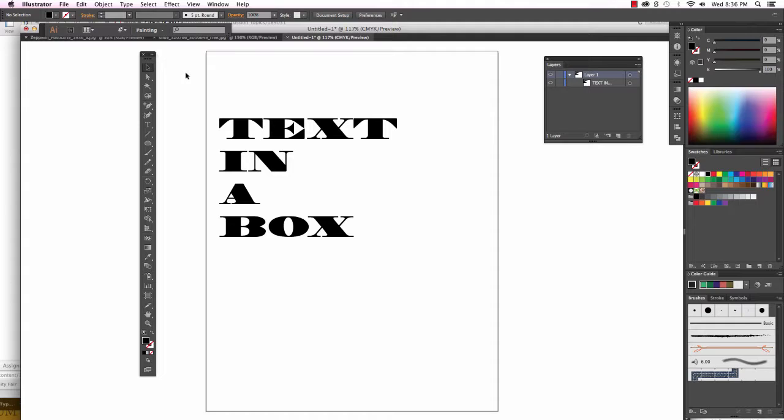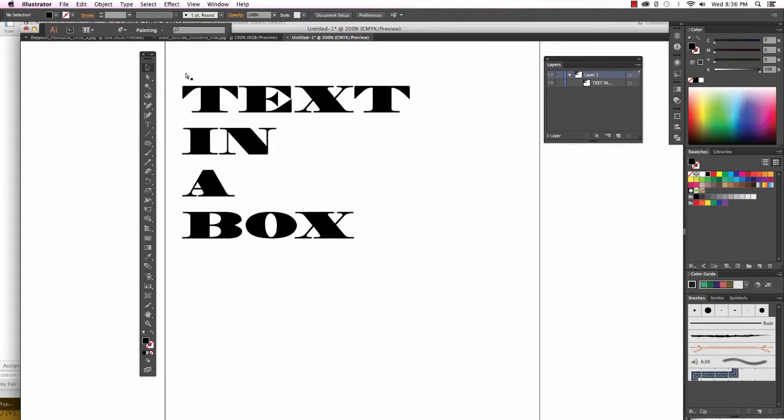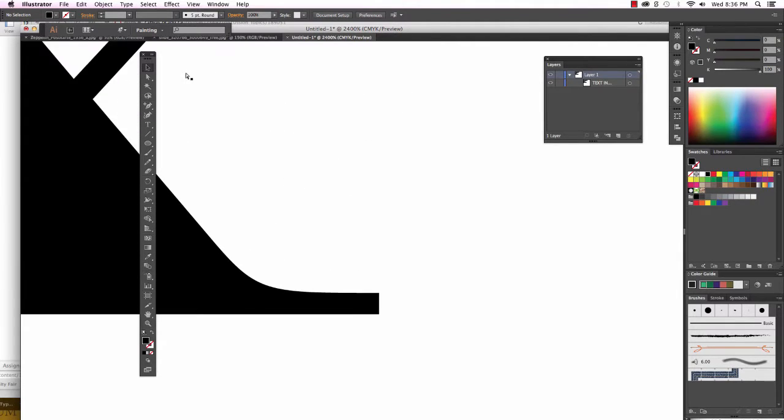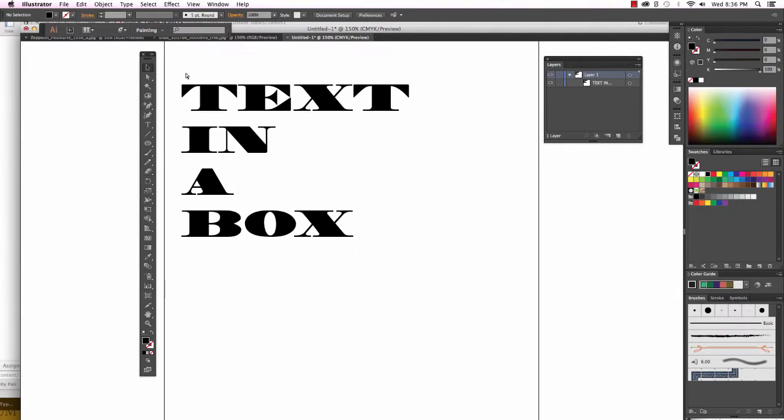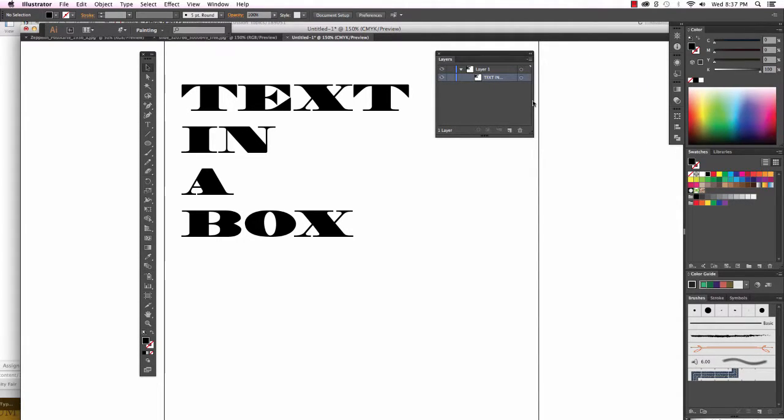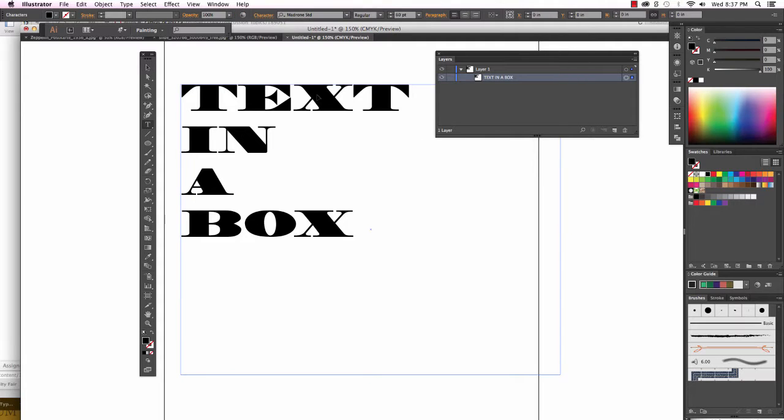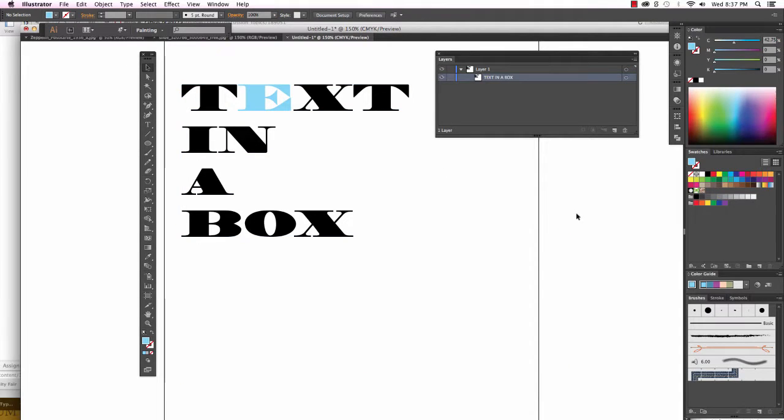Supposedly this is vector, right? So if I zoom in on it, it is never ever going to show me pixels on the edges, on the curves. This is a vector-based group of objects. It is text in a box. Just open up that layers panel so you can see it. It is editable, so I can click and I can select one of the objects and recolor it,